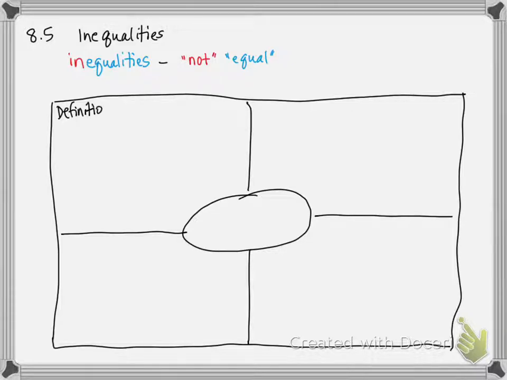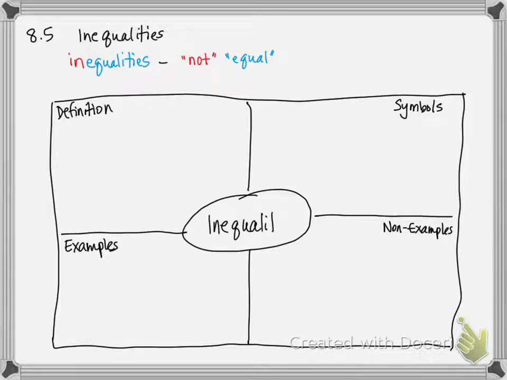In the upper left and the upper right, it's going to be symbols that represent that word. And then we have examples, the bottom left. And then we have non-examples, things that do not describe them. Okay? So the word we're going to put in the center is going to be